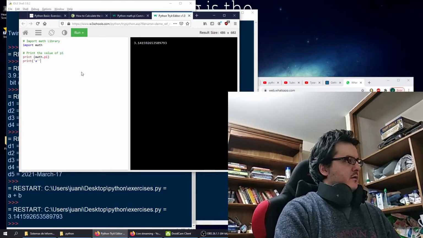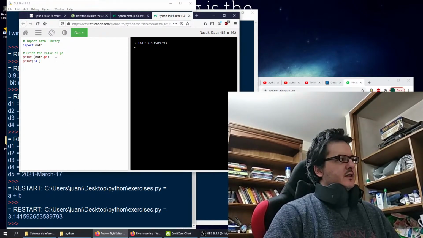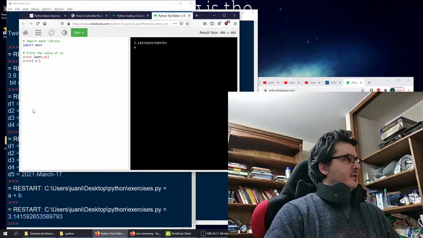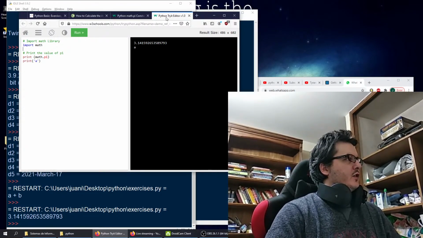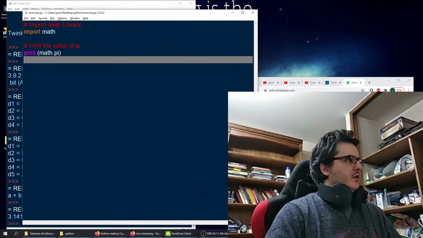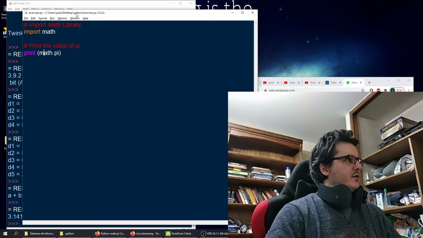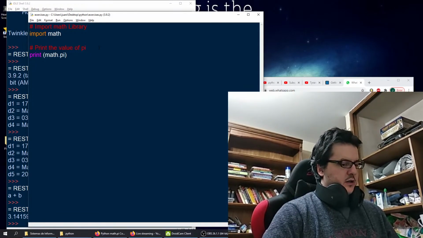Let's see. Just run this. And as you can see, you can use this editor in case you want to kill some time and you're not on your computer. This can be a reasonable way of getting that off your system. So, going back, we know that pi is math.pi, so now we need to check